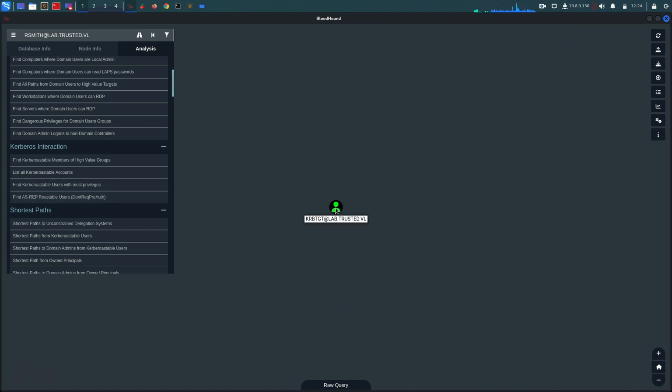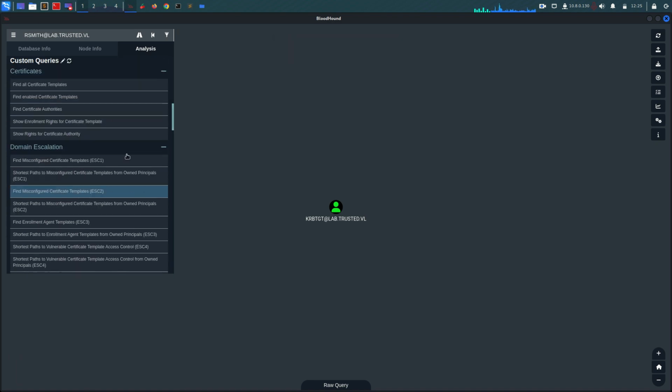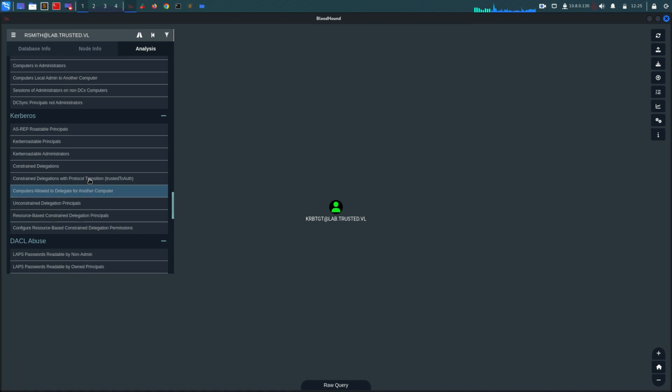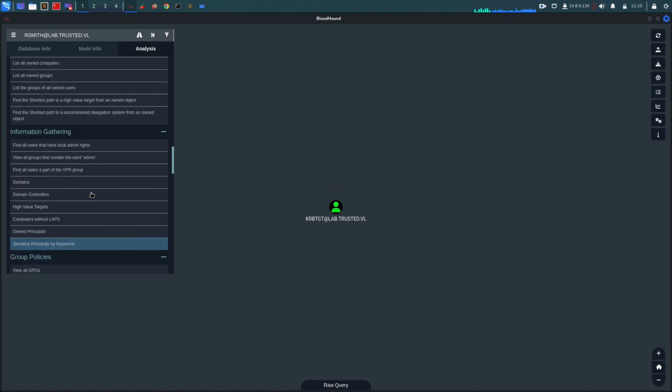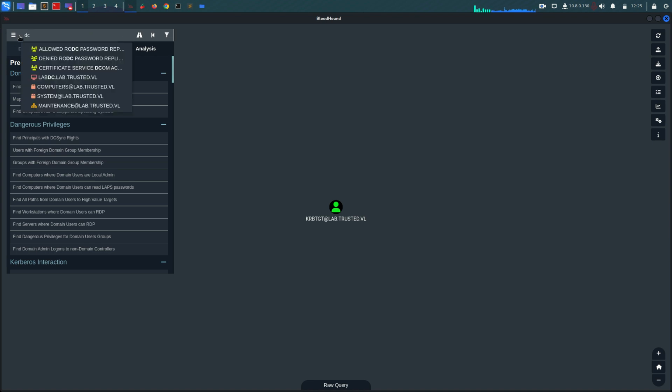Sometimes the KRBTGT account password can be cracked, although it's not the norm. We could search for AS-REProastable users. These are custom queries, the certificates. It's really important to import them as well, because they can give you valuable insight on various other misconfigurations. So we can also find, let's see,